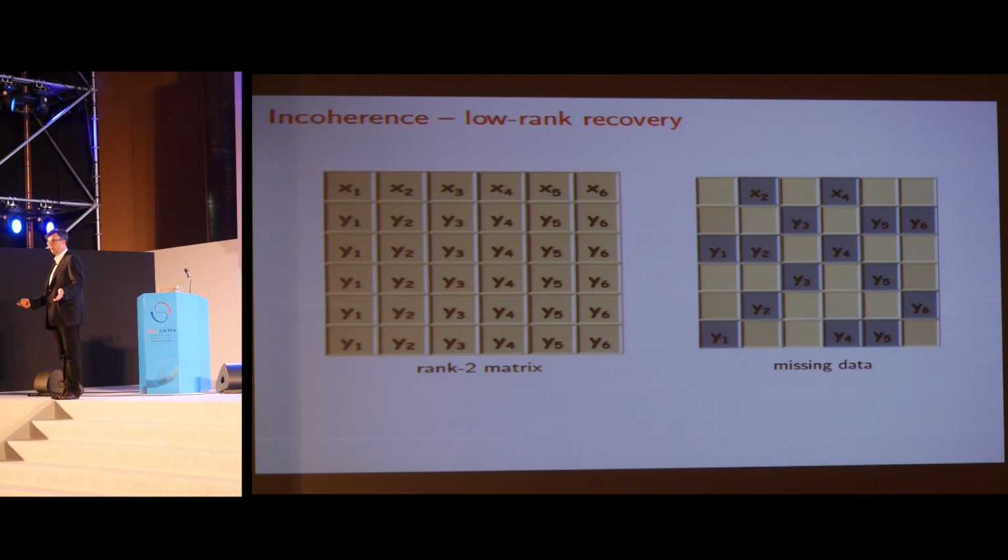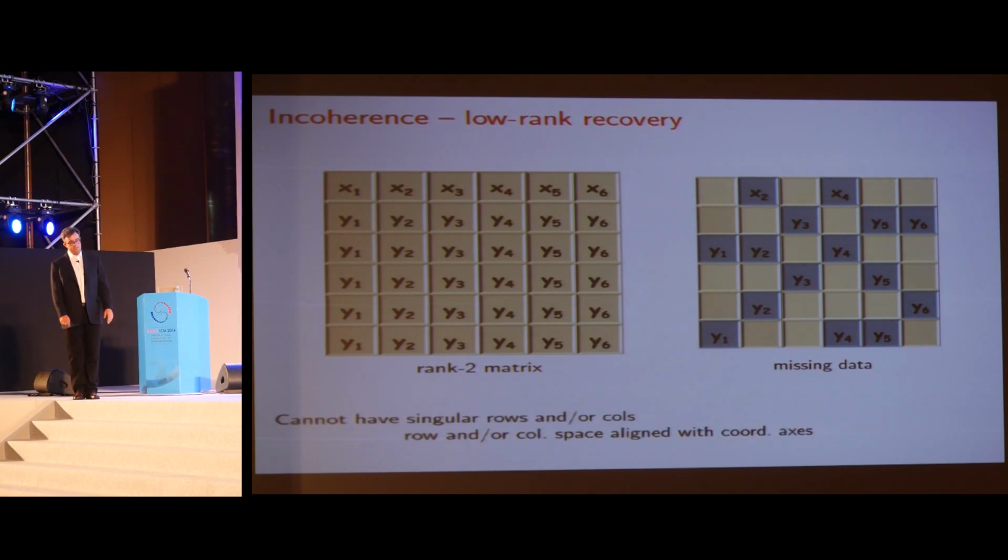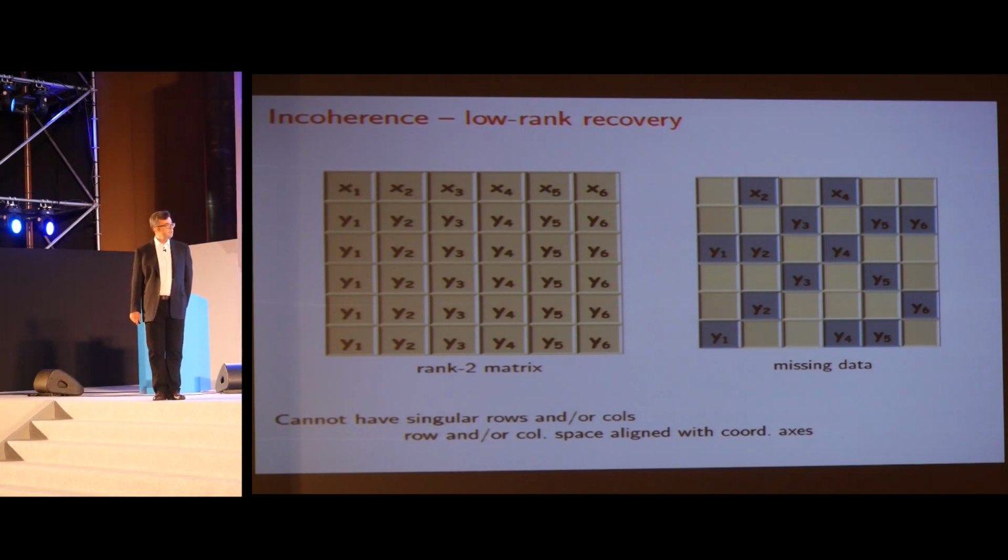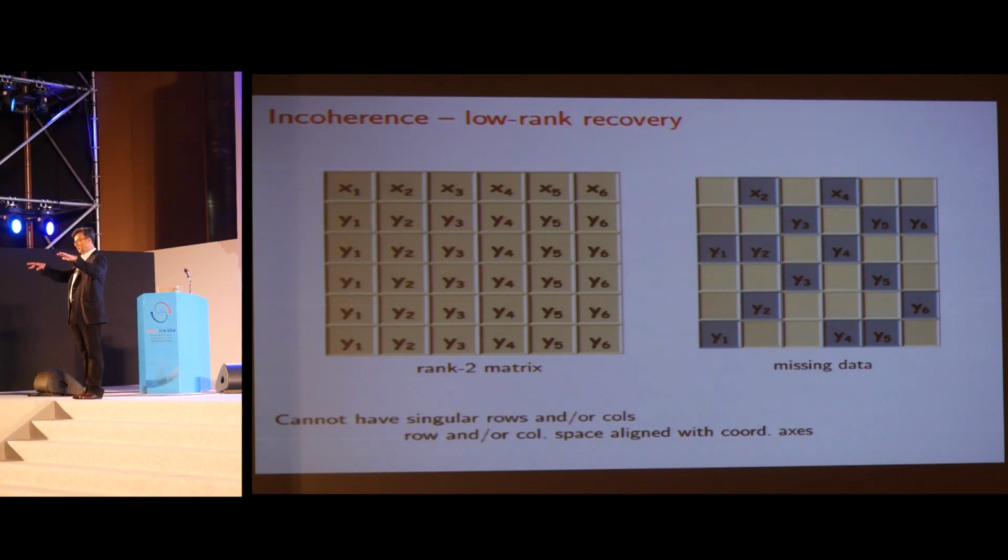And if y were 0, we would maintain a rank 1 structure. So completion is not possible. What this is saying mathematically is that we cannot have rows that are singular. By that I mean I cannot have a sparse subset of rows or columns that are sort of orthogonal to everything else. In the context of predicting people's taste, it makes a lot of sense, because if I have people who look nothing like others, there's no way I can use the experience of others to predict how they're going to behave.